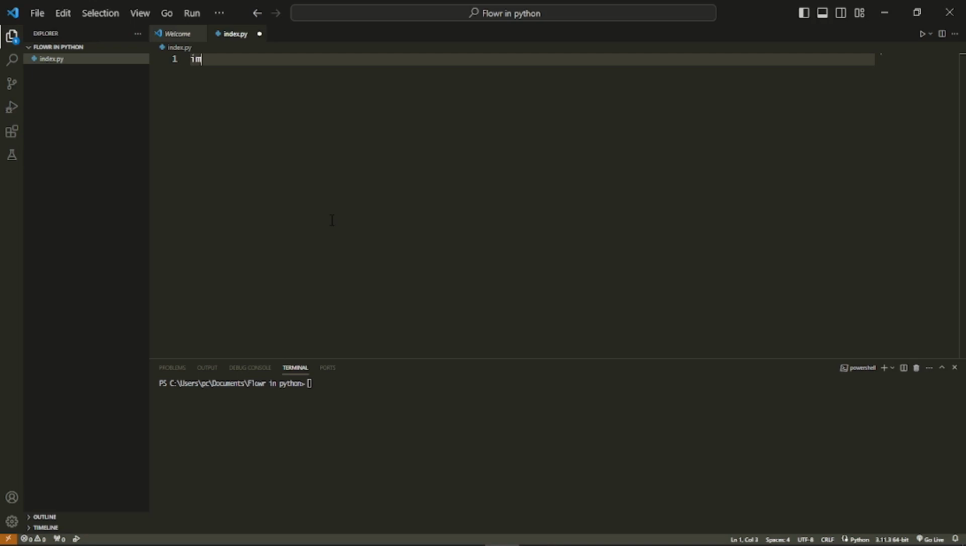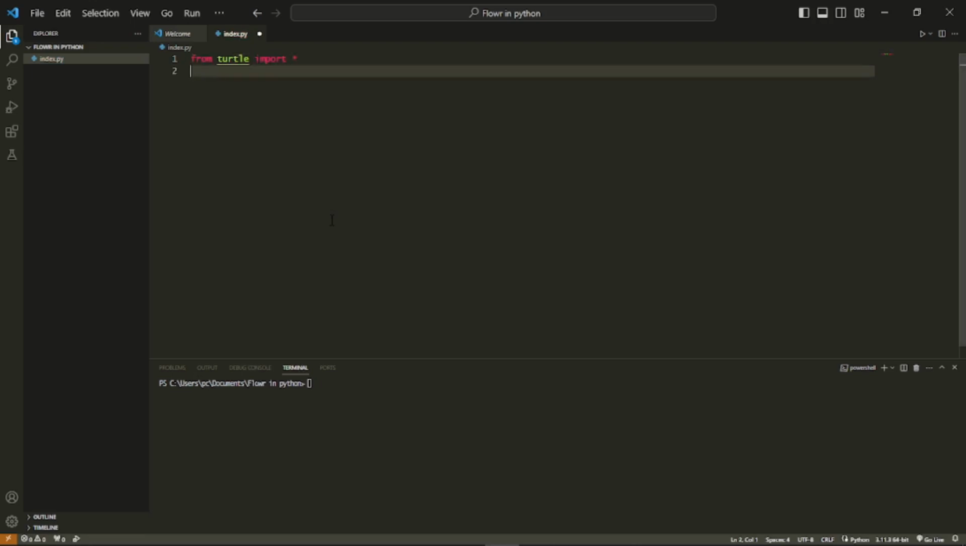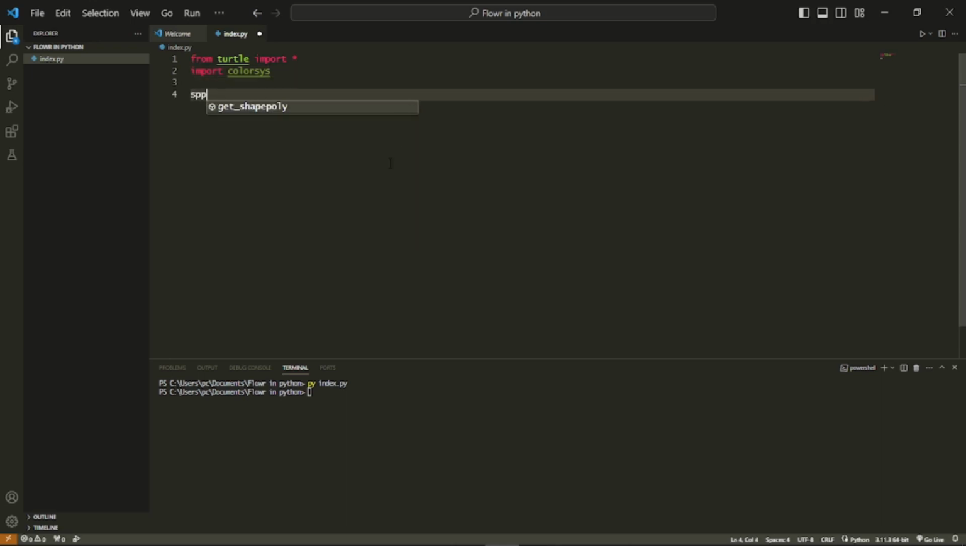Now in the index.py, I'll write from turtle import *, which means we're going to import everything. Import colorsys. Now I'm going to save. Now if I write py index.py, it's not going to do anything, because we haven't actually done anything yet. So I write speed 0,